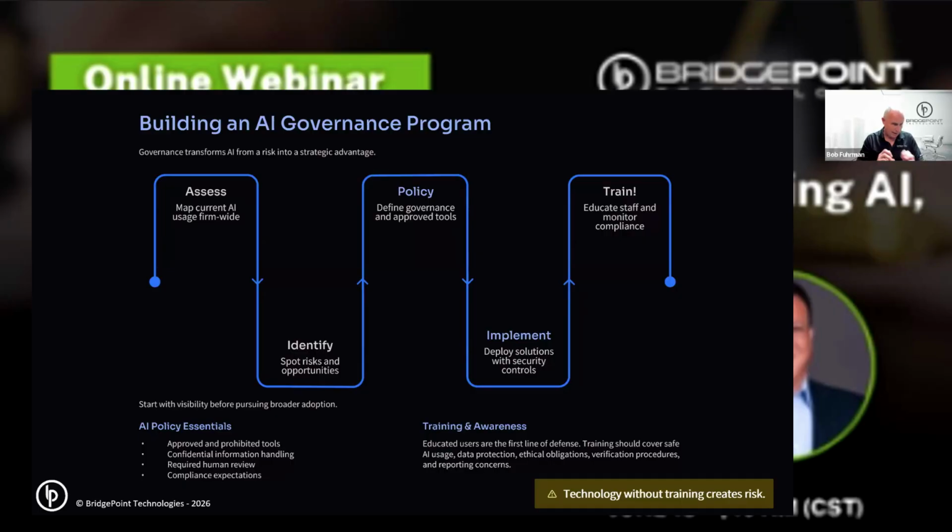Our endpoint analyzes every single file on a computer, and it looks for a digital fingerprint aligned with the manufacturer. If it's not in the catalog of known trustworthy applications, it gets blocked. There may be some false positives, but that's how you have to operate anymore. It's a zero trust. You don't allow anything on a machine unless it's been validated. So we could block through that zero trust agent even legitimate AI engines.